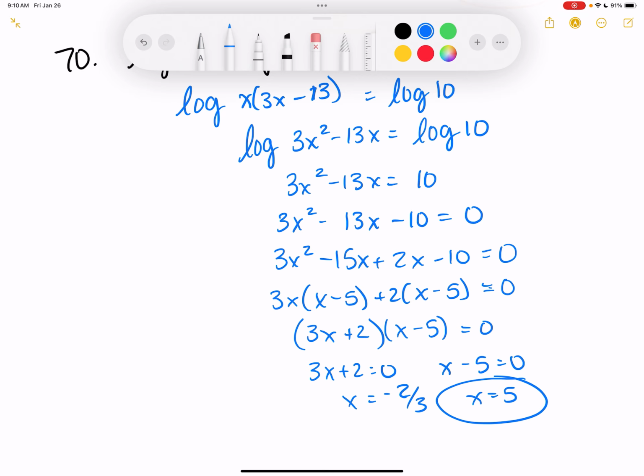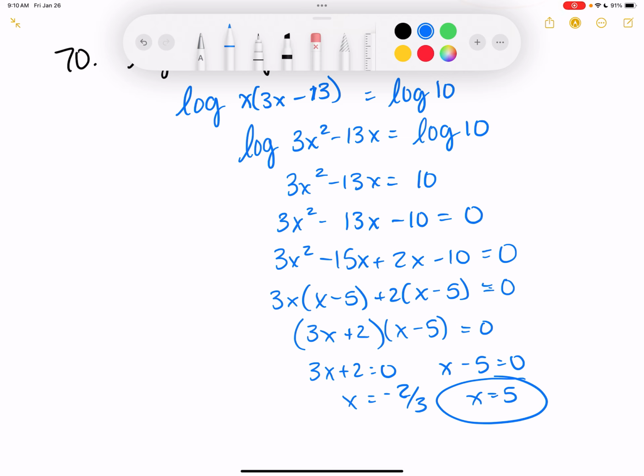Alright, so at the point where I had left you off, it was log of 3x squared minus 13x is equal to log of 10. Those have the same log base, so the stuff that's inside of them must be equal. So 3x squared minus 13x is equal to 10. Move the 10 over, and then I factored. I didn't move the 10 over, is the problem. Yeah, we want stuff equal to 0. So then if you factor,